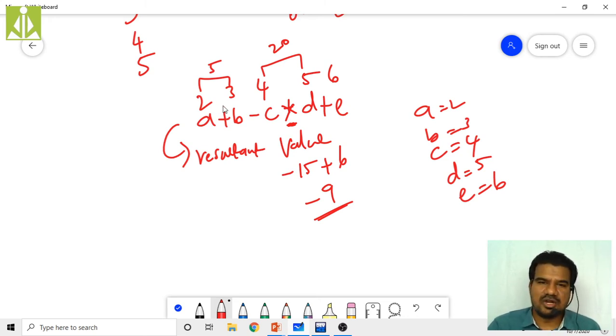Okay. So we are not getting this value, sir. We are getting a different value. Of course, if you follow the mathematical rules properly, you will get a different value. Maybe I'm not following the rules properly over here, so that is the reason why I got minus 9. First I evaluated multiplication, so I got 20. Then I evaluated plus, so I got 5. Then I removed this 5 from this 20 because the bigger value has the minus, so I got minus 15. Then I added plus 6 to it. Then I got the last value as minus 9. So like this I got the value.